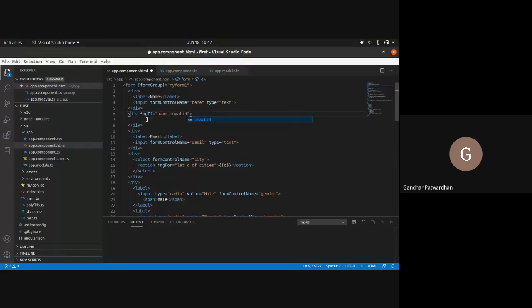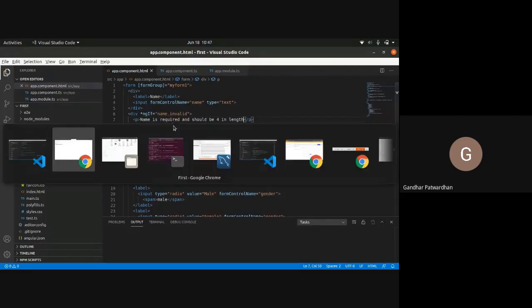Now, if my name is invalid, I'll have a paragraph, and in this I would say name is required and should be, how much did I take, 4, right? 4 in length. So let's see.